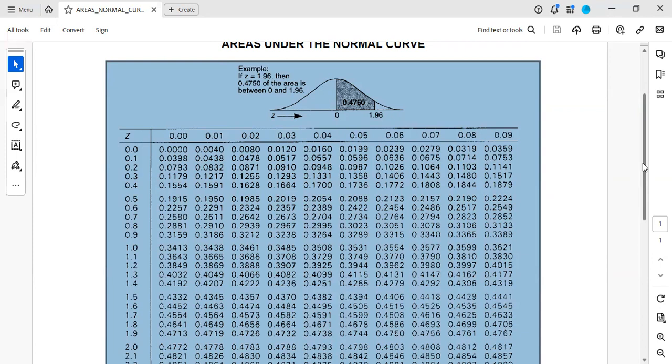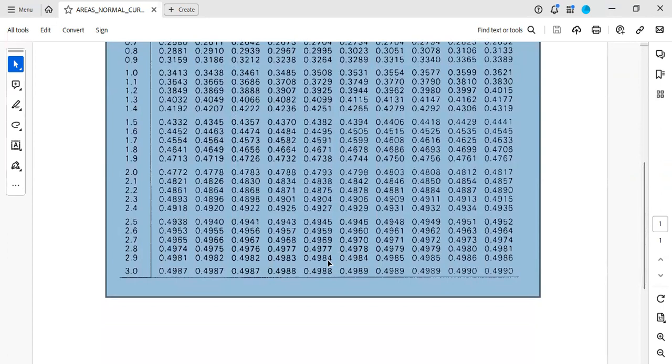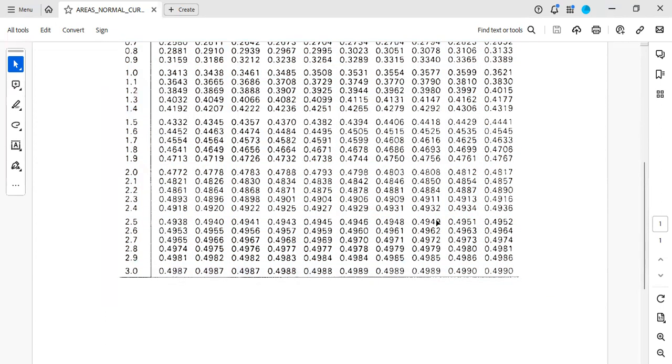Hello? Yes, it is 0.495. Okay, so you go under the table here and look for 0.495: 0.4949, 0.4948, 0.4951, and 0.4949. So we can choose one of them, okay? So the corresponding Z value is 2.5, and you go all the way to the right to